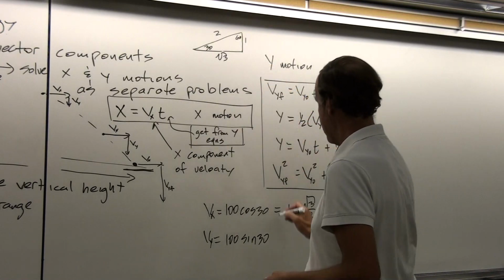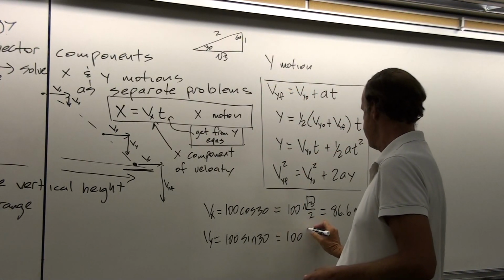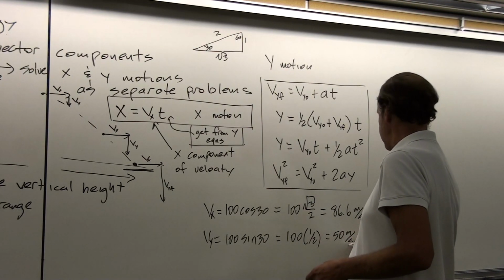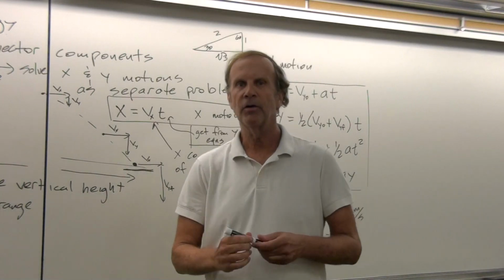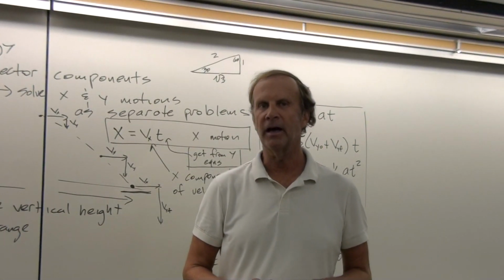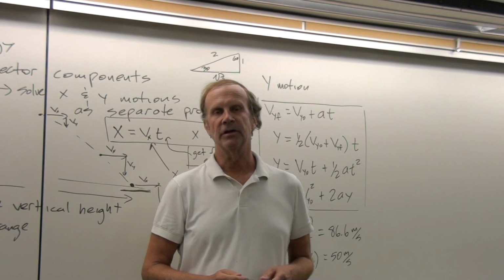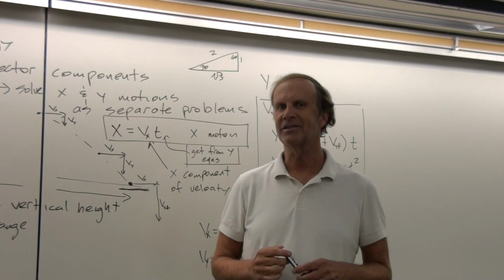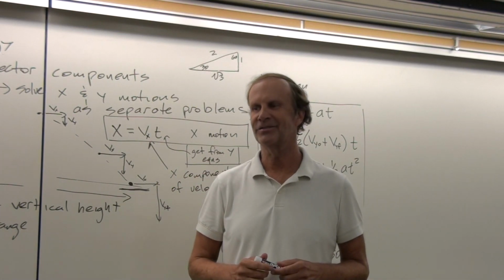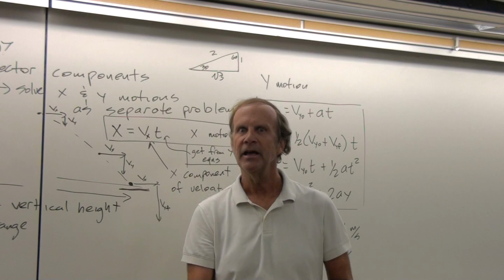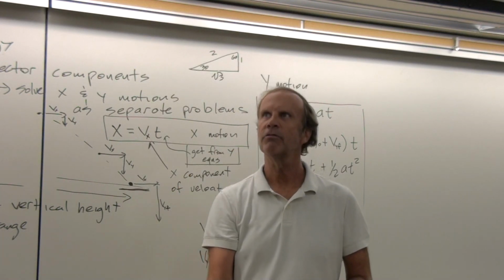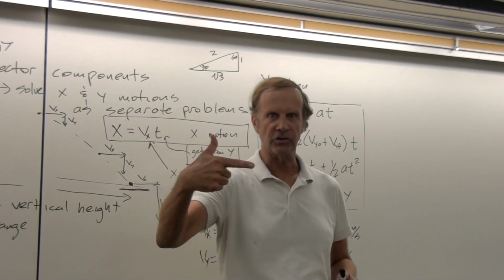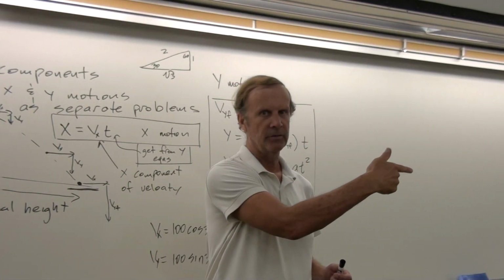Sine of 30 is 1/2, or 50 meters per second. Let's just pretend now that we're throwing an object upward with an initial velocity of 50 meters per second. And we've actually already solved that problem in chapter 2. We did an example where the initial vertical velocity is 50 meters per second. Because what we're doing is we're saying this motion, throwing it up and then having it come back, is superimposed on this motion, which is just rate times time equals distance.